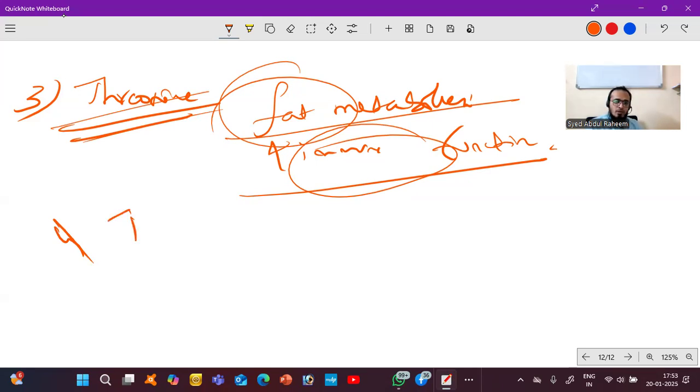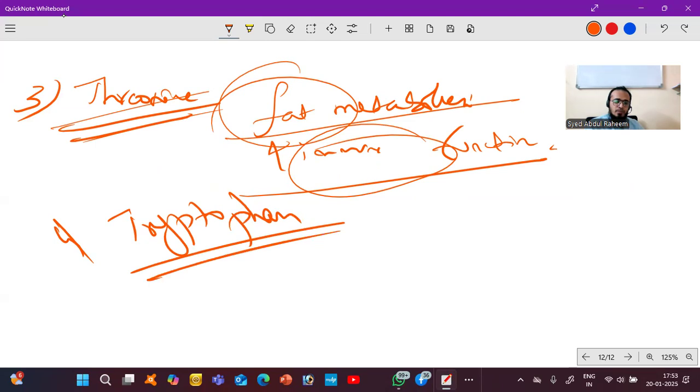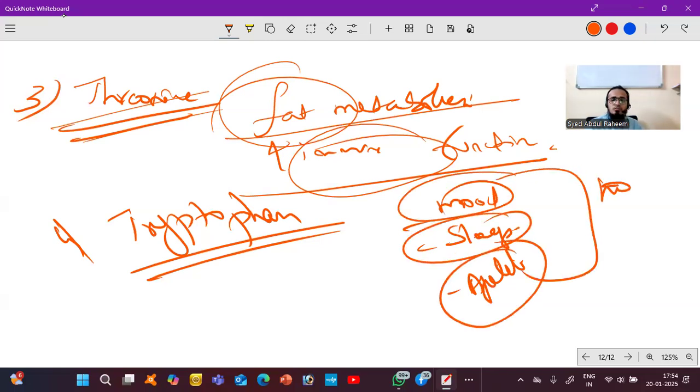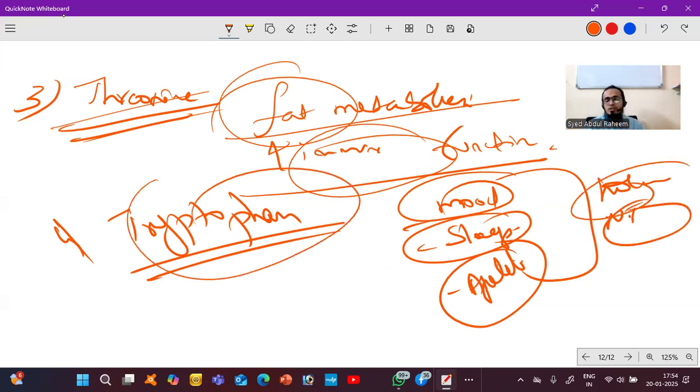And the fourth one is tryptophan. Why is this needed? To maintain the regulation of mood, sleep, and appetite. To maintain all this, we again need hormones or neurotransmitters. So its function is also to maintain hormones and neurotransmitters,